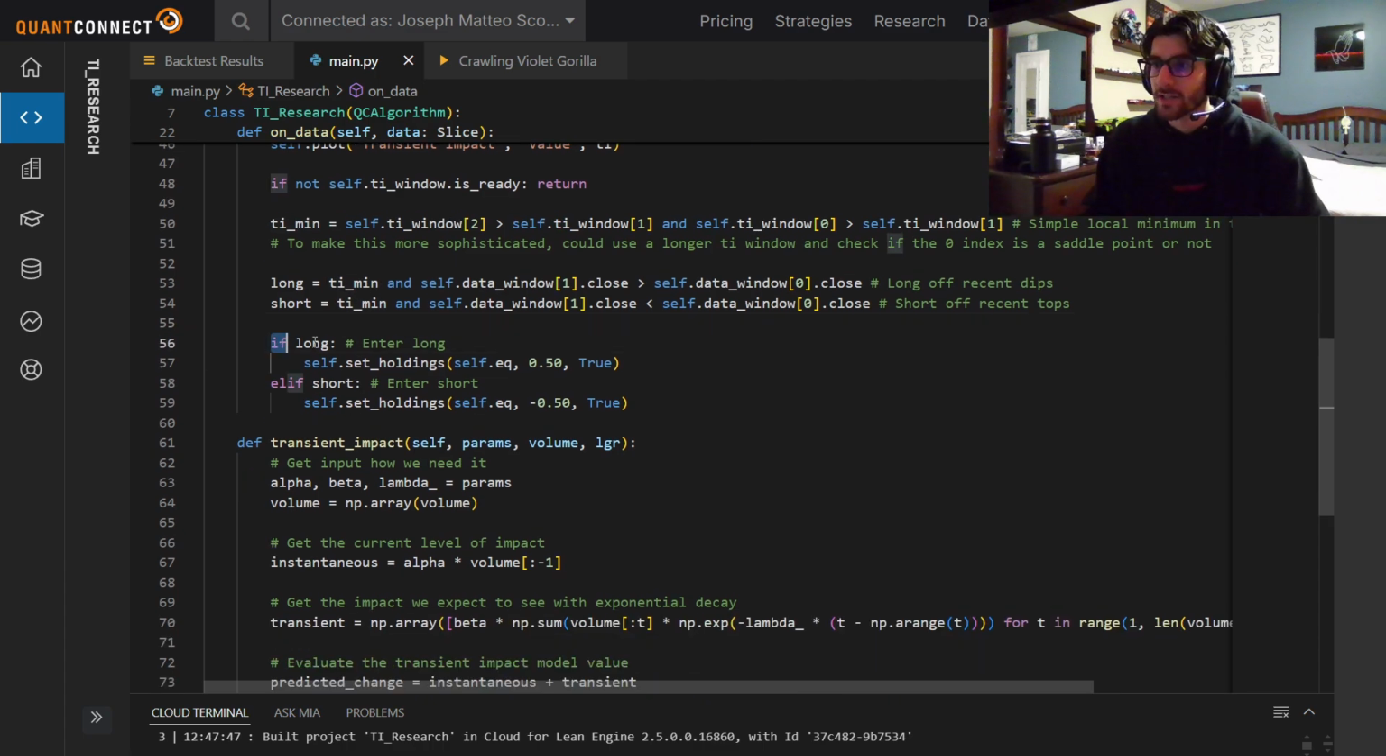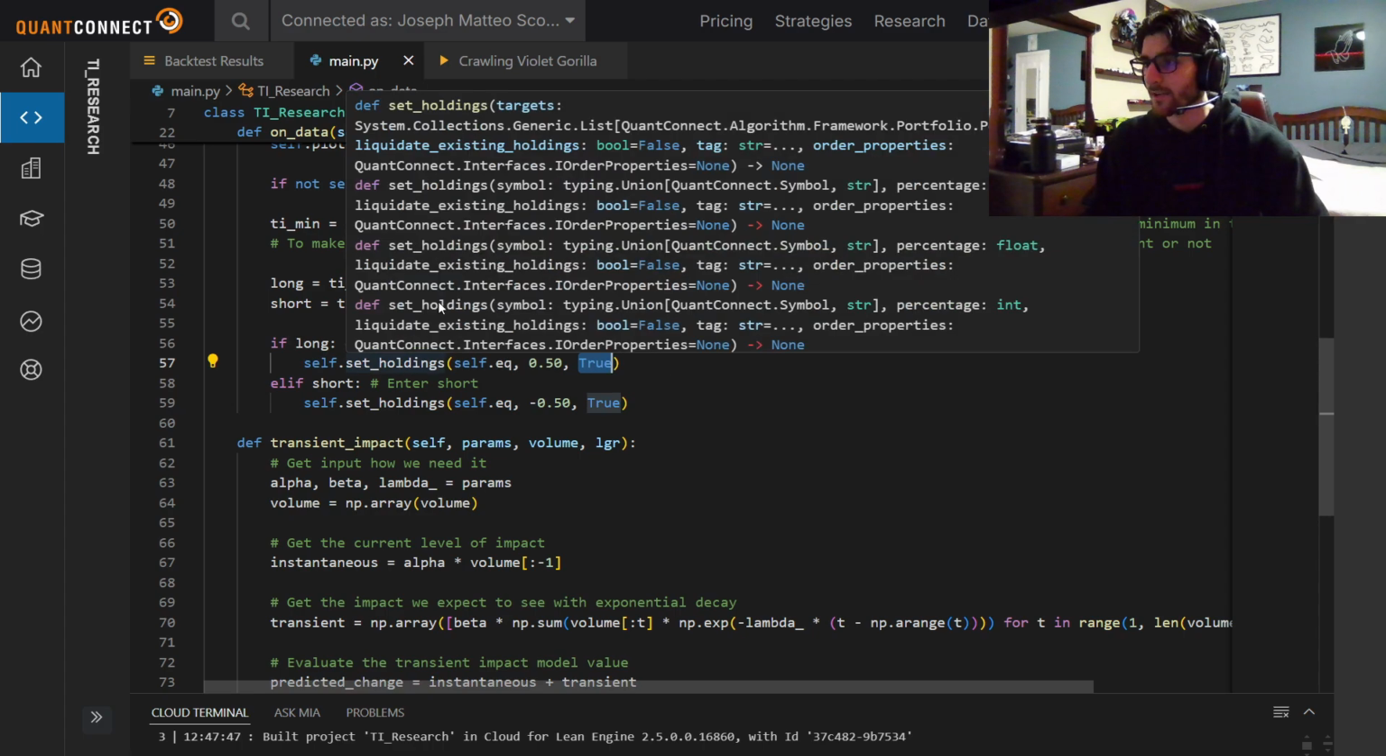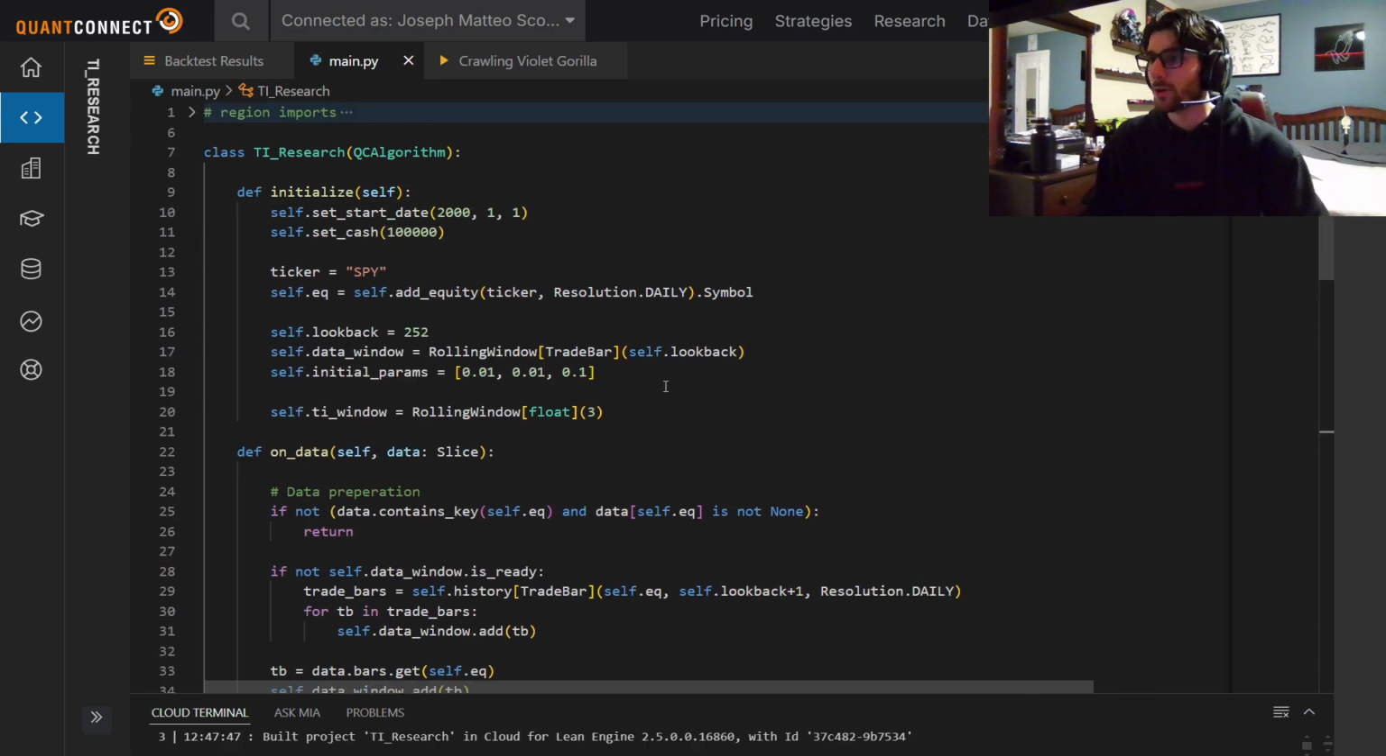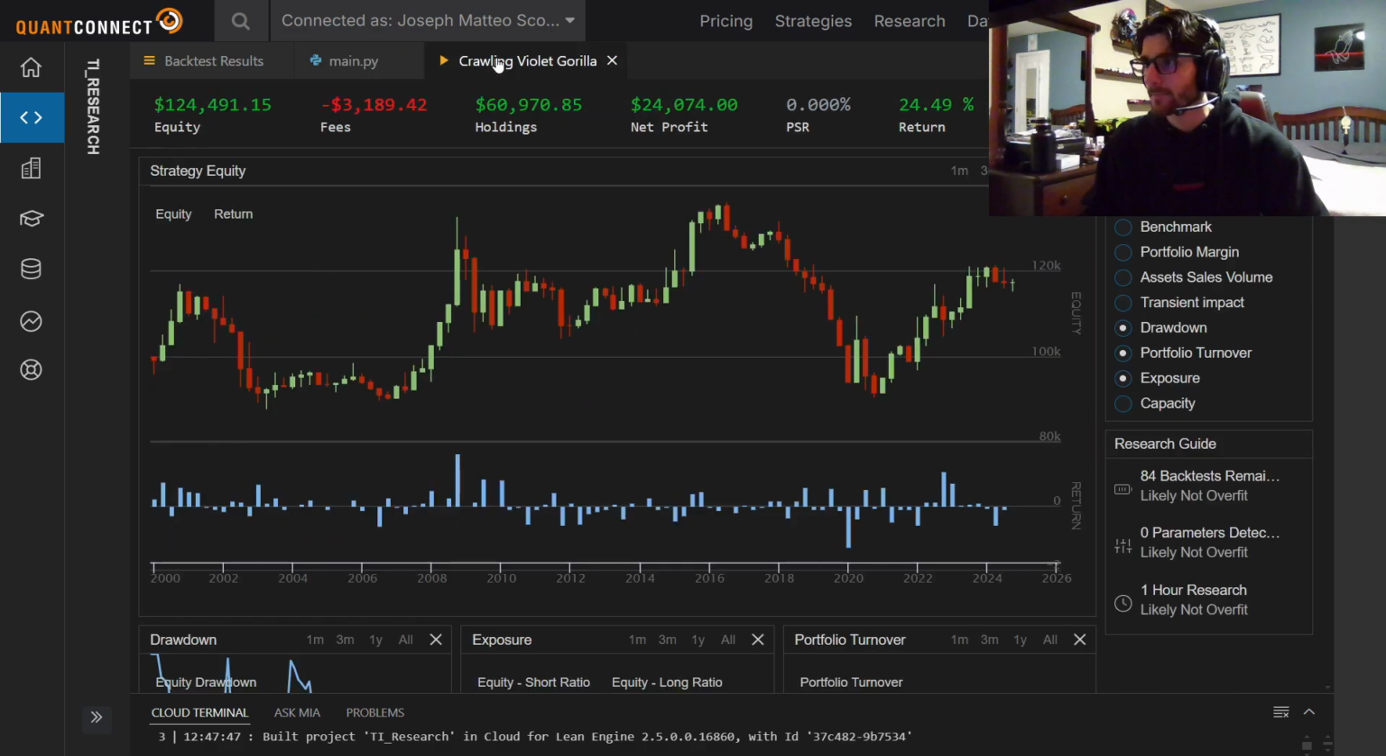So now to actually enter these trades, we're checking for one of these scenarios, and we're using set holdings, so that way I don't have to worry about order management. If you just set true with set holdings, the param liquidate existing holdings is a boolean. If you set it to be true, it liquidates everything that you're holding before it enters the new position. So if you were to run this just as is, you would end up with this backtest, which